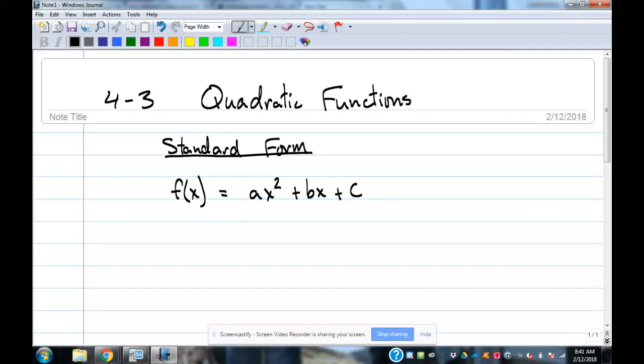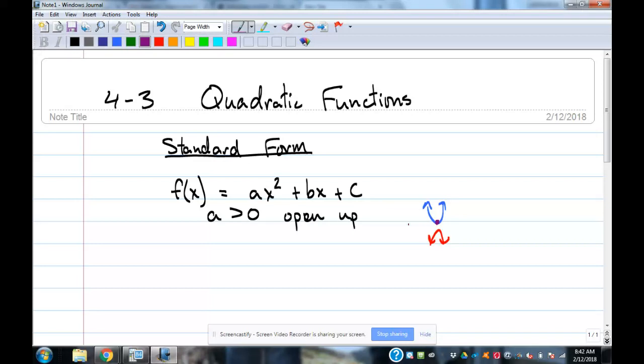And we know the graph of a quadratic makes what shape? The parabola, the U kind of shape. So it's either going to open this way or this way. One of those. Okay, and what decides that? Remember, positive or negative what? A. So if A is positive, then it opens up and has that point right there at the bottom